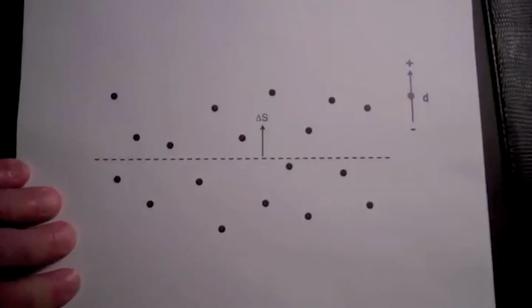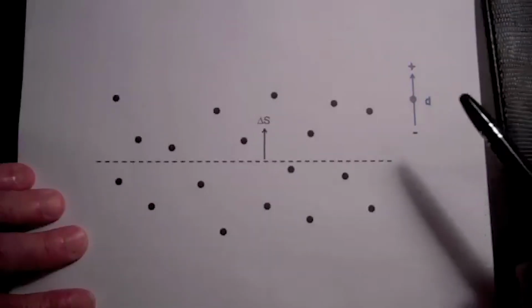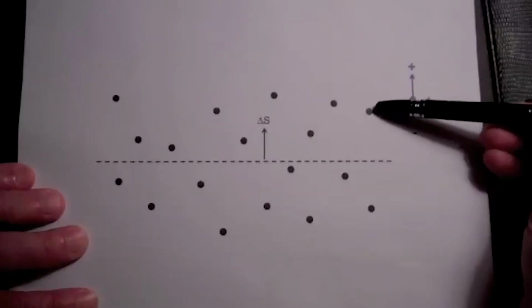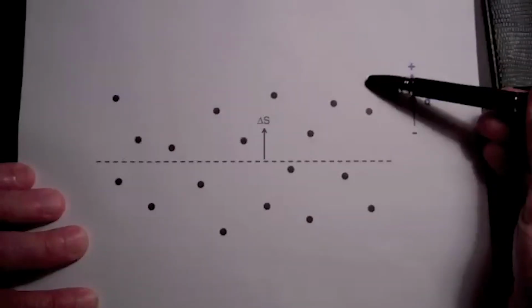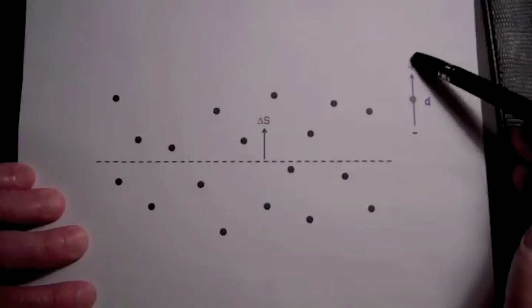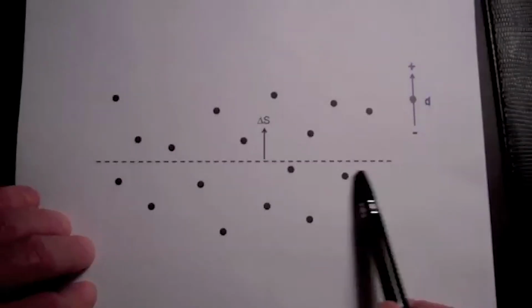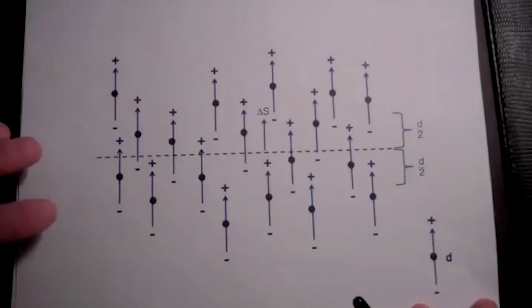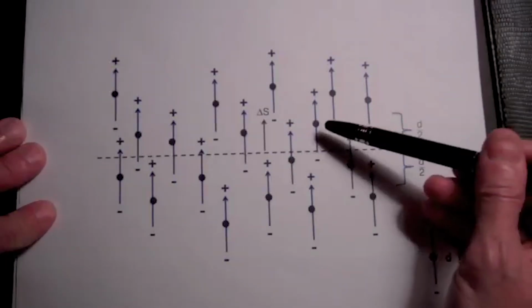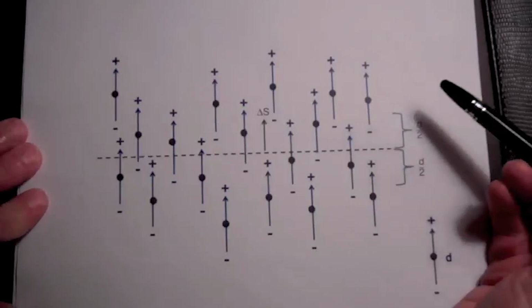Each one of these dots represents an atom. Now if we apply an electric field in the direction of delta S, the electrons associated with each of these atoms will be pulled down a little bit, the proton pushed up a little bit, so we will form dipoles as shown here. Now let's look at what's happening at this interface then. Each of these atoms will form a little dipole moment. And for some of the atoms close to the interface, that will result in charges moving across the interface.